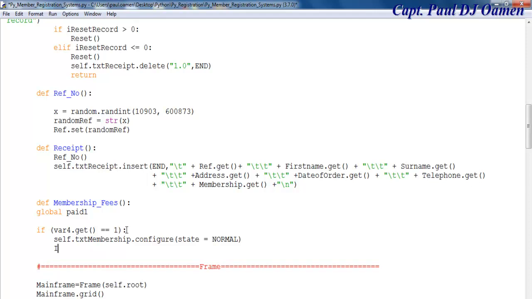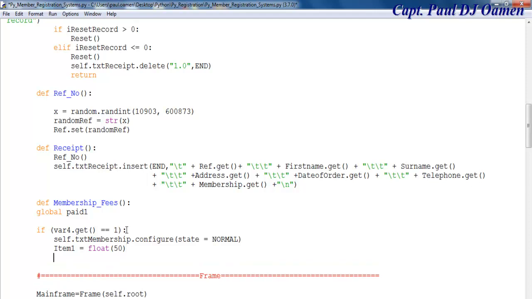And one local variable there, item 1 equals float. Let's say membership is 50. Then membership dot set equals, let's say, £ sign there